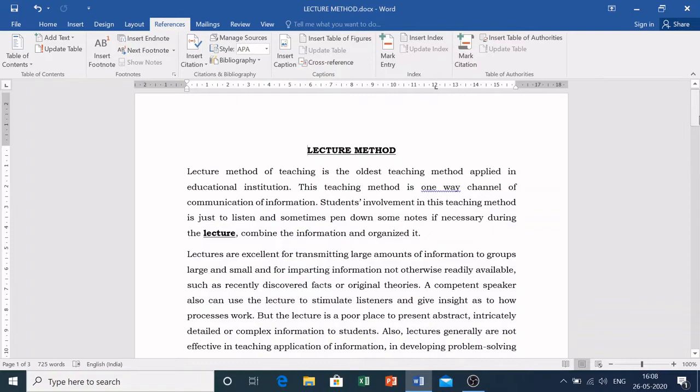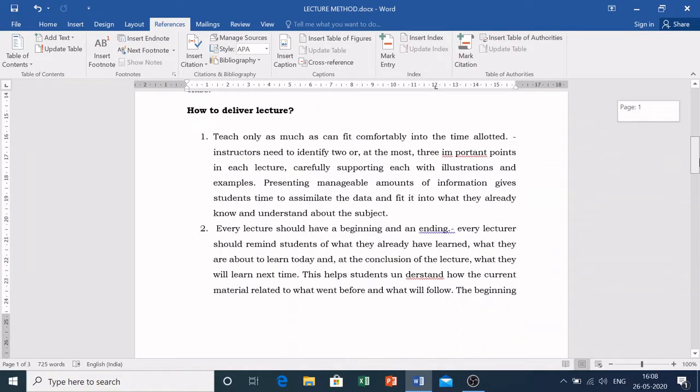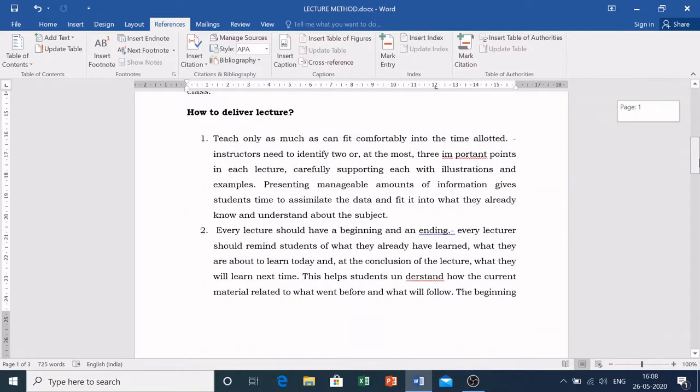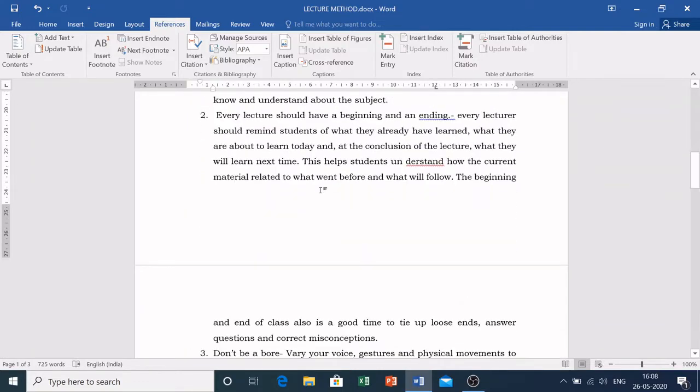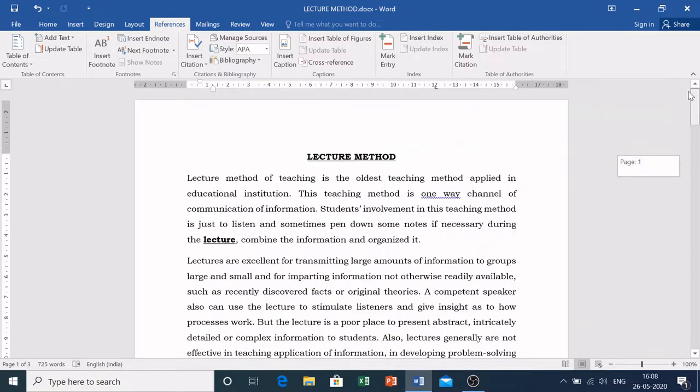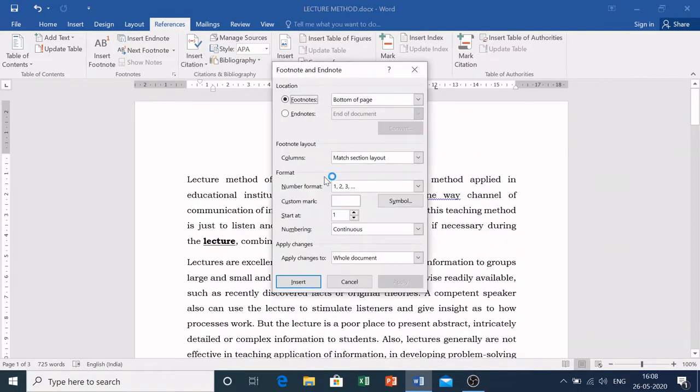That means there is one section of the document wherein we are writing the body of the text, whereas this bottom line will be used for the footnoting part. So normally we use this match section layout. Then the other thing they ask about is the number format: 1, 2, 3, 4. If you click here, you can find there are other patterns also, like ABCD, Roman numerals, or special characters which you can use for writing the footnote. But in legal research, generally we stick to the standard 1, 2, 3 format.